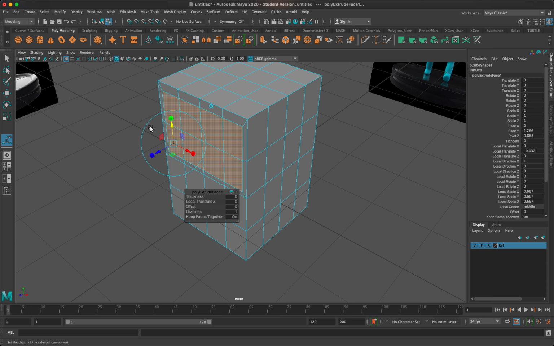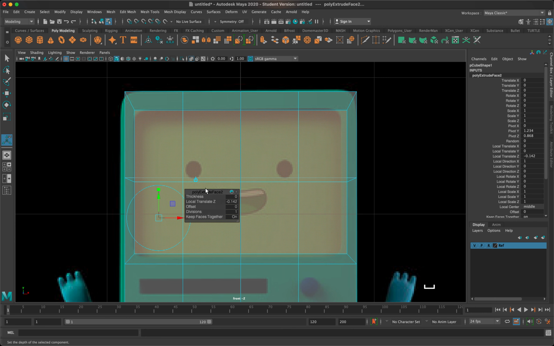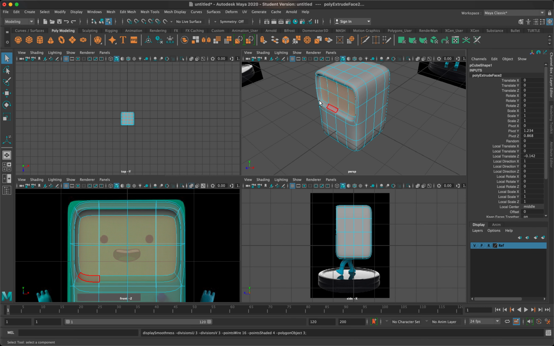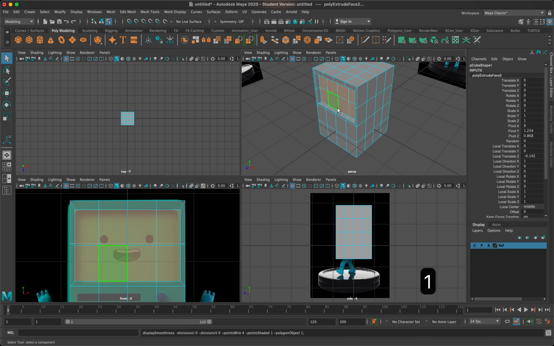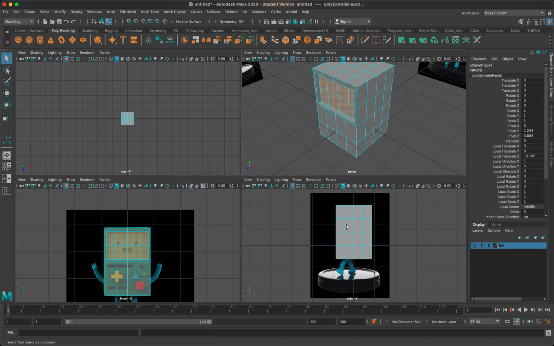I'm going to do another extrusion. You could hit Control or Command E, depending on if you're on Windows or a Mac, or you could hit G, since it was our last command. So I'm just going to hit G and use that to push this face back. And that right there is the beginning part of his face. If I smooth it out, it isn't really fitting too well, but we'll fix that later on. So now that we got that part of his face done, and his body shape,